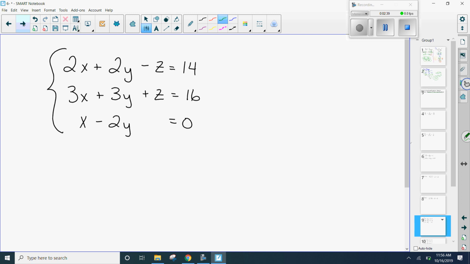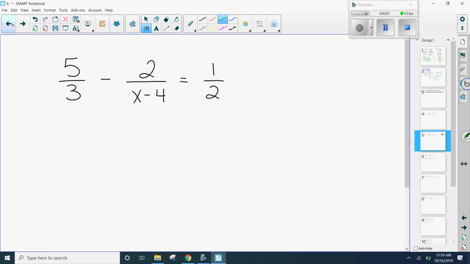When you're looking up here, you're still looking at a point of intersection. But what you have is x, y, z. You're still going to be doing elimination substitution. There's going to be multiple ways to go about solving that. But I just wanted to refresh elimination substitution with 2 variables before we got to 3. But before we get to that,